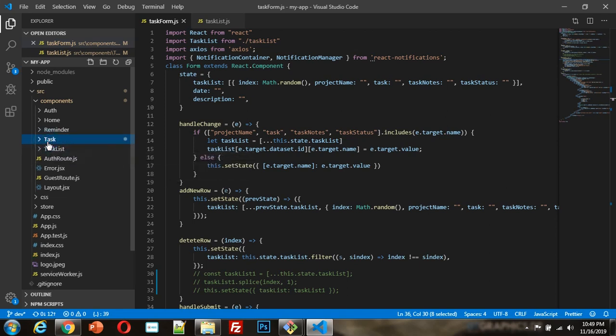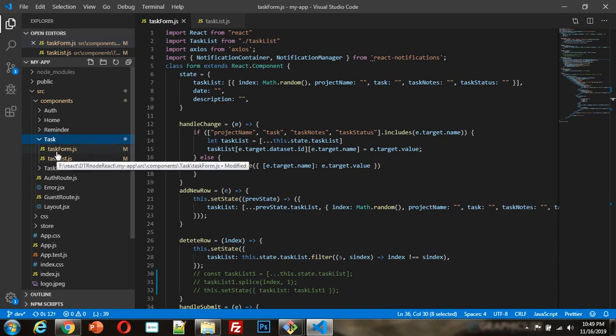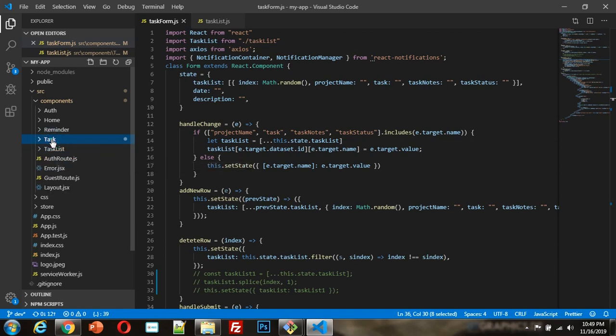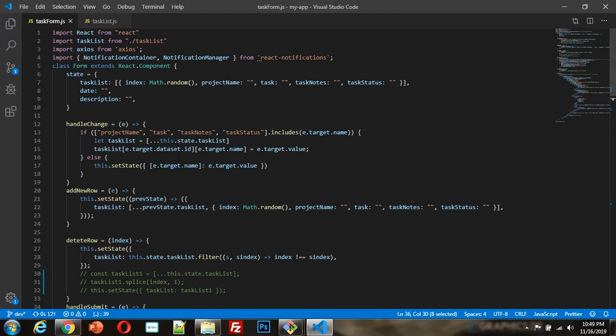If you are watching this video after some time, there might be multiple files, because in the git repository I may upload an extended version of this application, so I will put some more files there. But these two files are very important, and all these things happen within these two files.